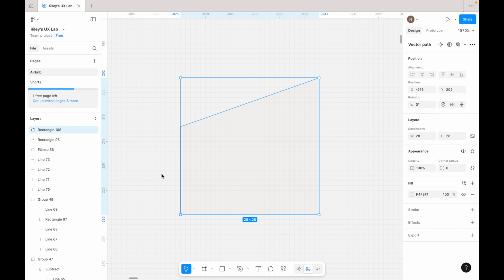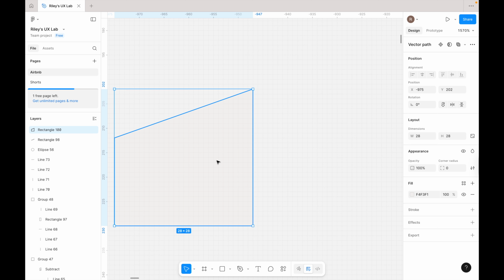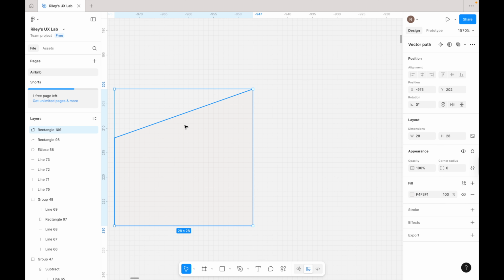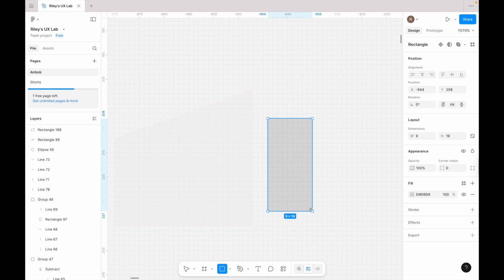Now we need to make a second rectangle. I'm going to do it to the right of that original one, just so we can keep track of it. But for future reference, if you have a shape or any element that's super hard to see, you can always come here on the left panel and it will highlight it for you to select. But to get started, we'll hit that R on the keyboard for that shortcut. We'll change the dimensions to a 12 by 20, and then we'll change the fill color to C1C1C1